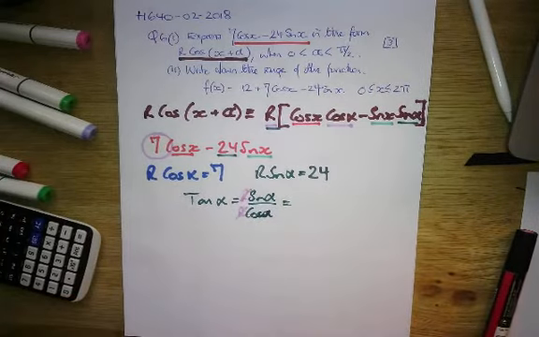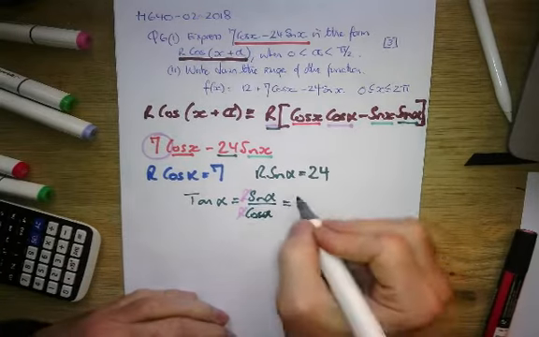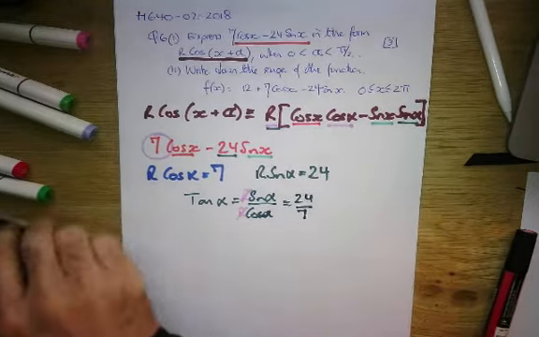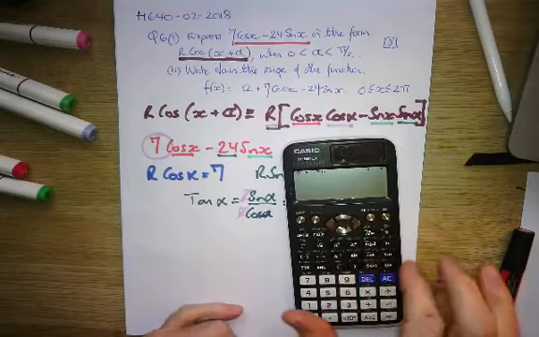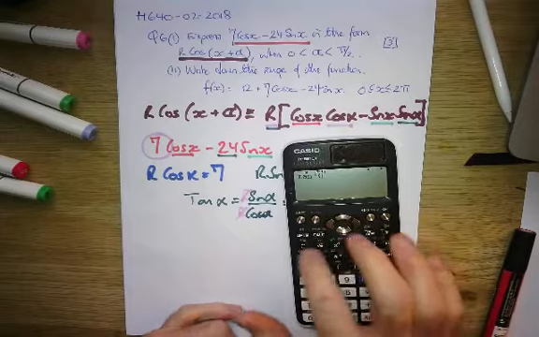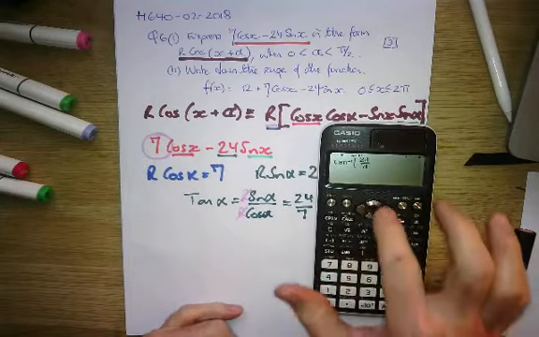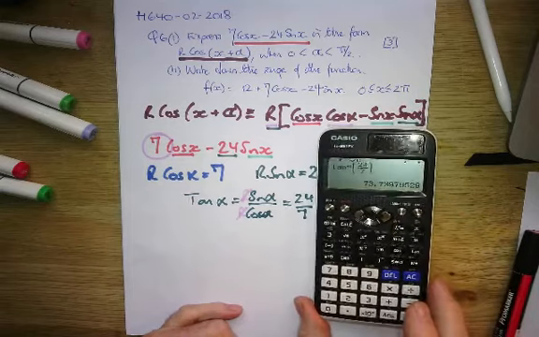So I've just got sine alpha over cos alpha, 24 over 7. On my calculator, I simply go shift, tan, open bracket, use the fraction button, 24 over 7, close that bracket, equals